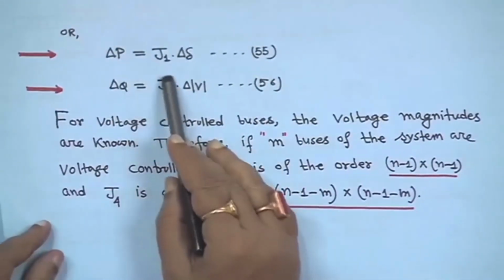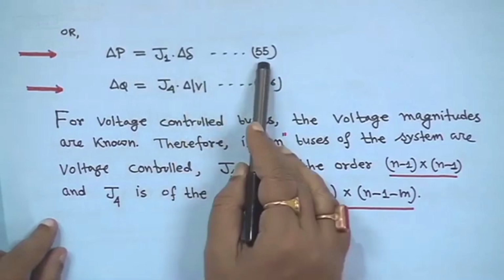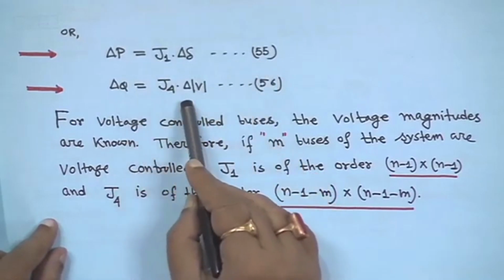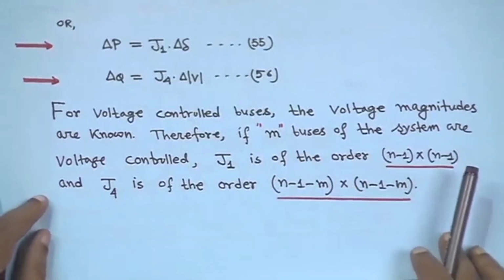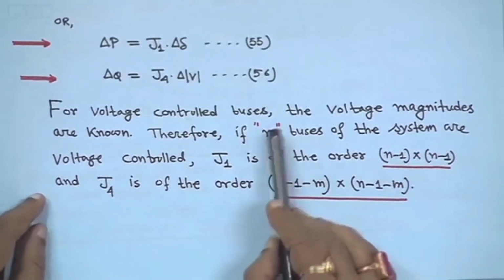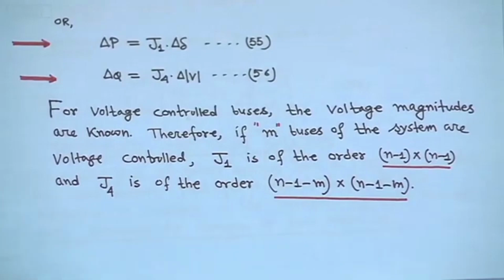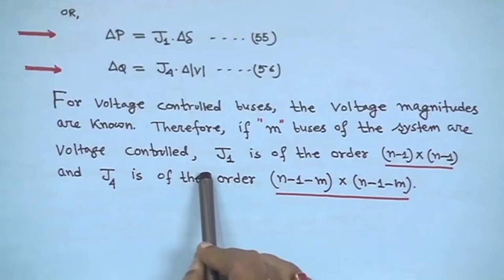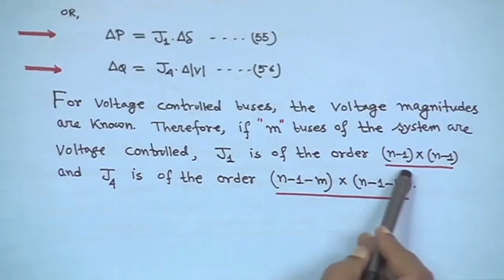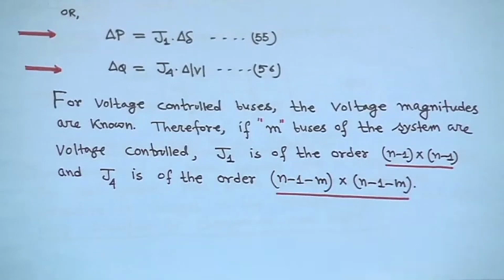So, that means delta P is equal to J1 delta, this is equation 55, and delta Q is equal to J4 delta V, this is equation 56, right. Therefore, for voltage control buses, the voltage magnitudes are known. That means, if you have a voltage control bus, voltage magnitudes are known. Therefore, if m buses of the system are voltage control buses, J1 will always be of the order of n minus 1 into n minus 1, because this J1 matrix,